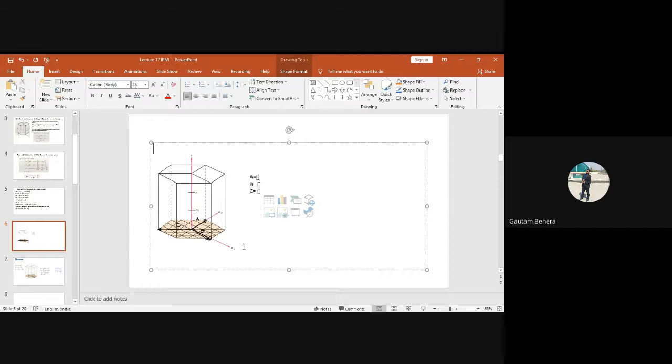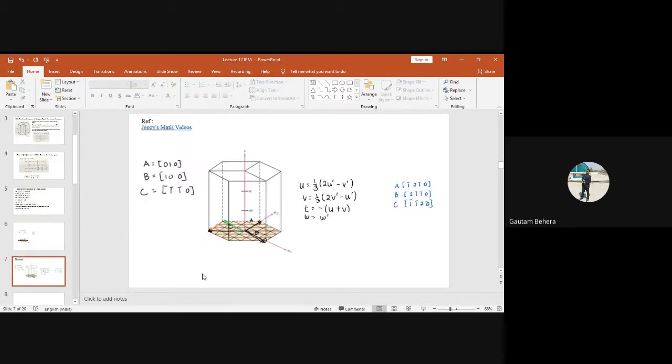Okay, let me show you over here. Next slide. Okay, this one. Just have a look. So this is the A1 direction. So A1 will be, this is the origin, right? If this is the origin, then we do not have to move in the A1 direction. It is 0. In the A2 direction, we have to move one unit magnitude. So it is 0, then 1, and finally there is no movement in the Z direction, so that is 0 again. So this is 0, 1, 0, right?